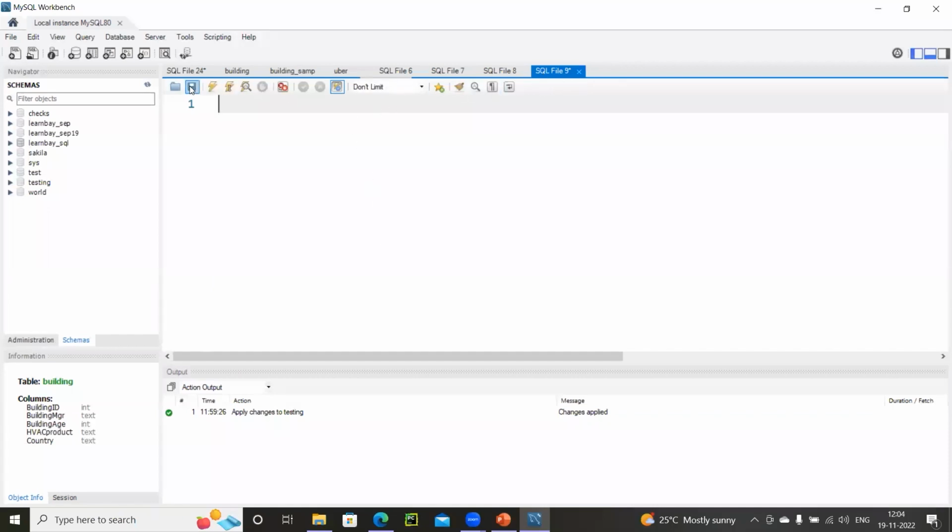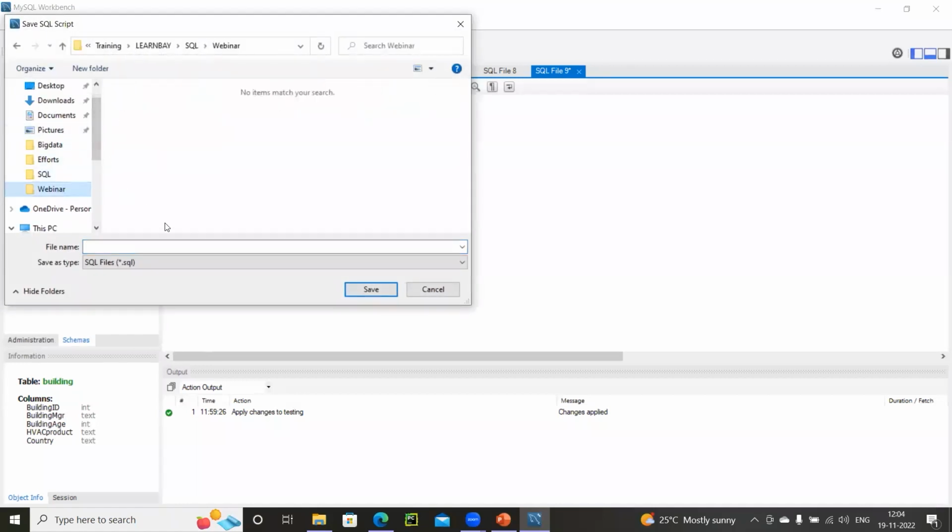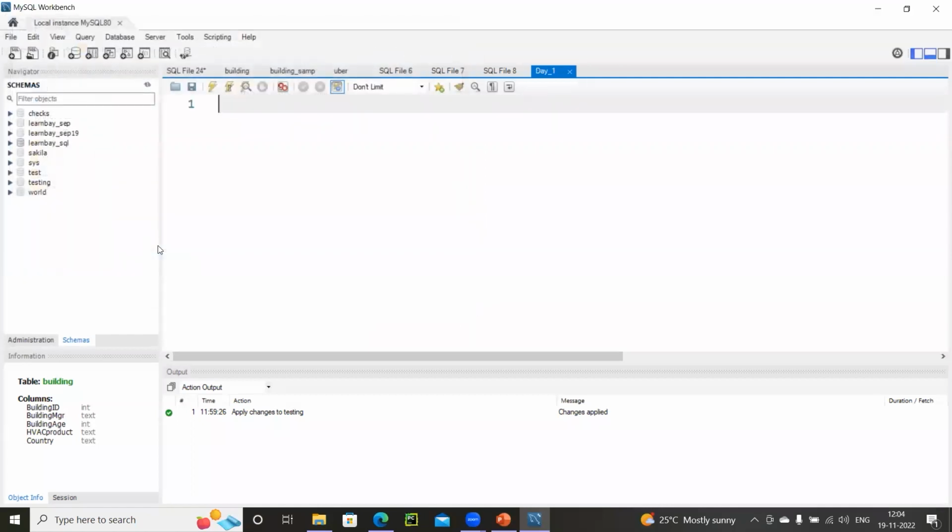Maybe I will save it right now so I will not miss it. Day 1. So this day1.sql I will be sharing with the Learnbay team. Please connect with the Learnbay team you have been coordinating with. They will share this SQL file, which you can download and use for your practice. Got that, Shubha?